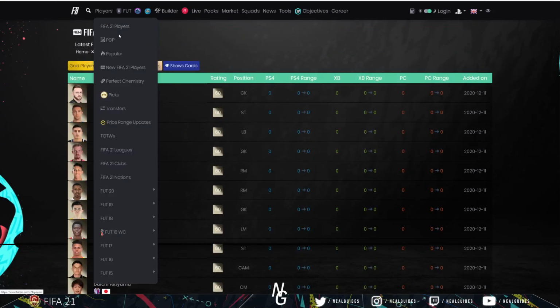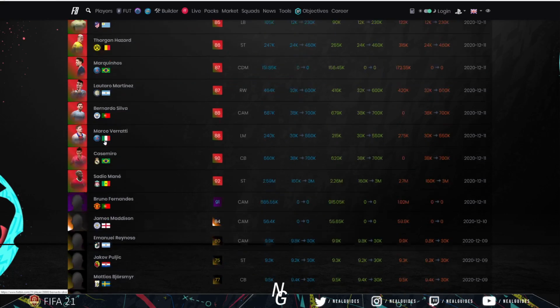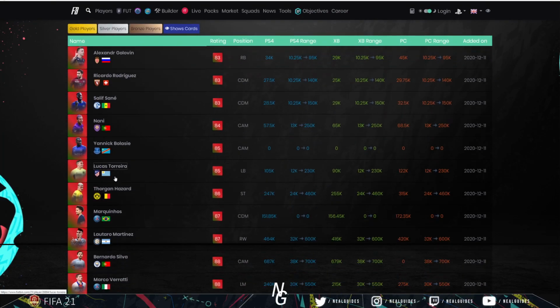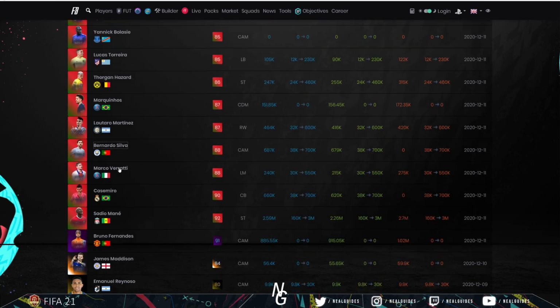The best way I do it is I go to FIFA 21, new FIFA 21 players, and then you choose gold players. That's what I do, and you can see all the players like so. So we're going to open them all up. Golovin, Rodriguez, Mane, Nani, Balassi, Torreira, which looks very good, Thorgan, Marquinhos, SPC, Martinez, Lautaro Martinez, Verratti, Casemiro, Bernardo Silva, Mane, and of course we're just going to open Bruno Fernandes, the player of the month anyway,